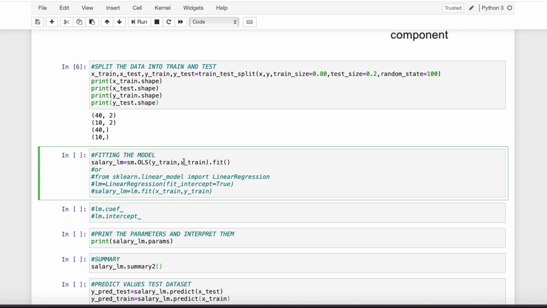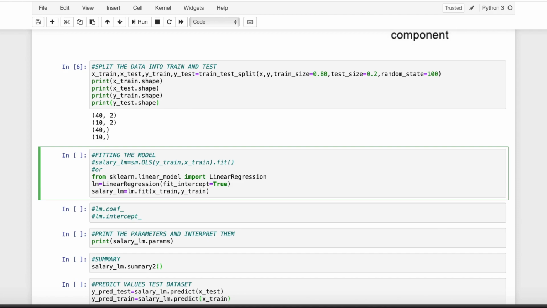sm.ols method, and if I run, for example, the linear regression model, this will also give me the same results. Let me run it here and show it to you.